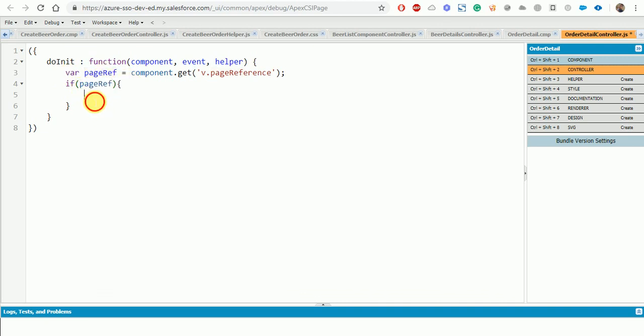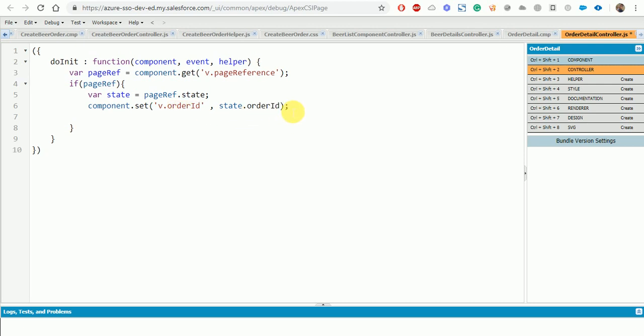We'll just check if pageReference, and then we'll get the state, and from the state we will get the ID. So we will just set orderId, and we'll say state.orderId,